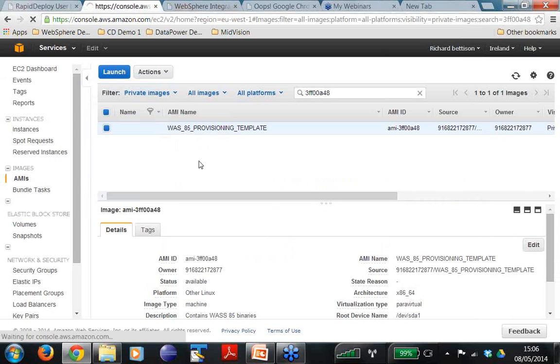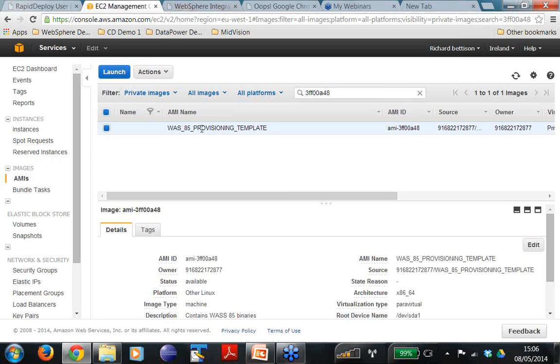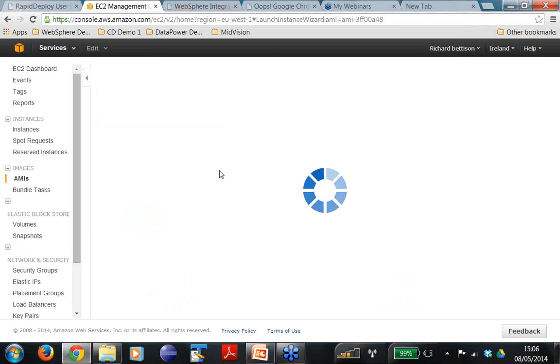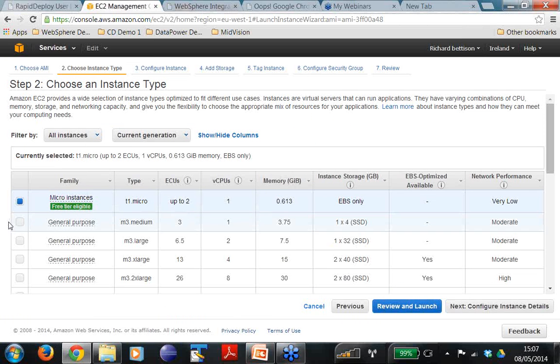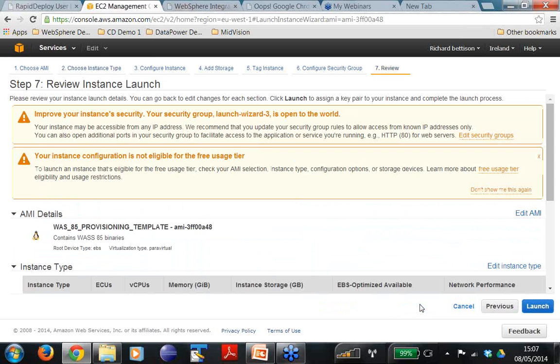And for this, first of all, I'm going to go into an Amazon console and just show you that I'm just basically going to create from this template, which is just an empty Linux template. I'm just going to launch this, and I'm going to say I'm going to create a large instance because it's WebSphere. So I'm going to launch it,